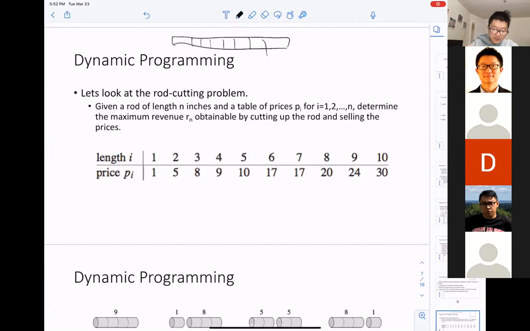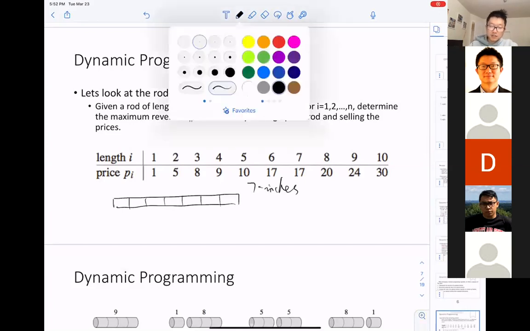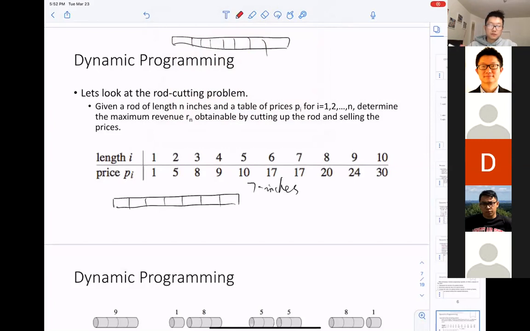Suppose that we're given a rod of, let's say, this length. 1, 2, 3, 4, 5, 6, 7. We were given a rod of length 7 inches. So basically, we want to find the best way to cut this rod, so that if we sell each piece after the cut, the sum of the prices of these different pieces will be the maximum. So for example, if we cut this rod into this,